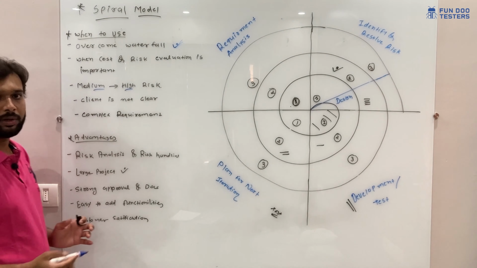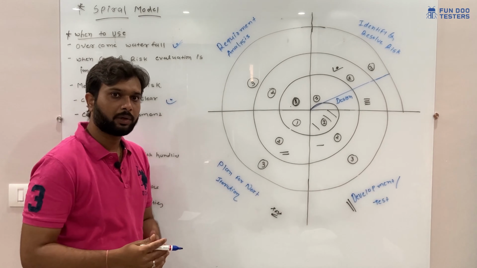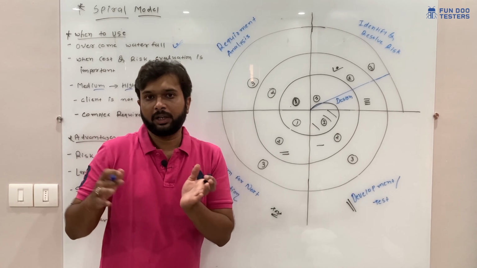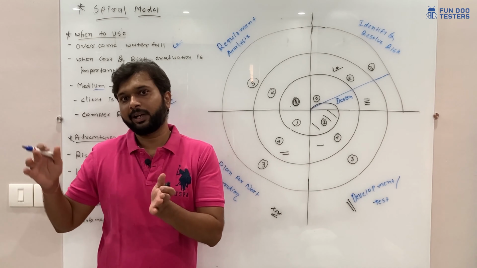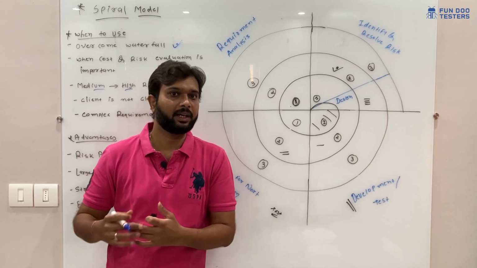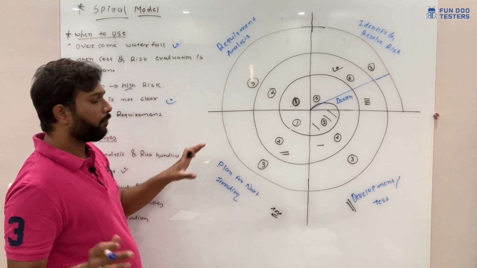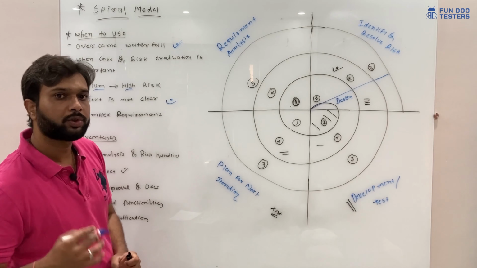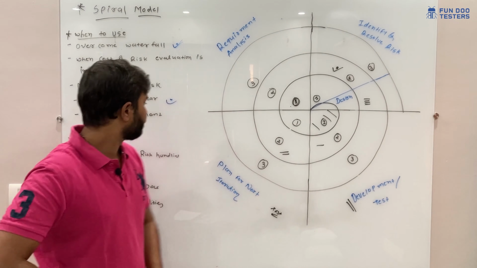Now the client is not clear about the requirement. So what happens if the client is not clear or the market is going to change consistently? For example, in the next 1 year the market is going to change. So for 1 year we can develop some functionality, later on we can move ahead with another functionality, or the client can add a few more functionalities in phase 2 or phase 3. So this is the plus point of the spiral model. When the client is not clear or wants to add functionality in a later phase, by that time they can go with the spiral model.